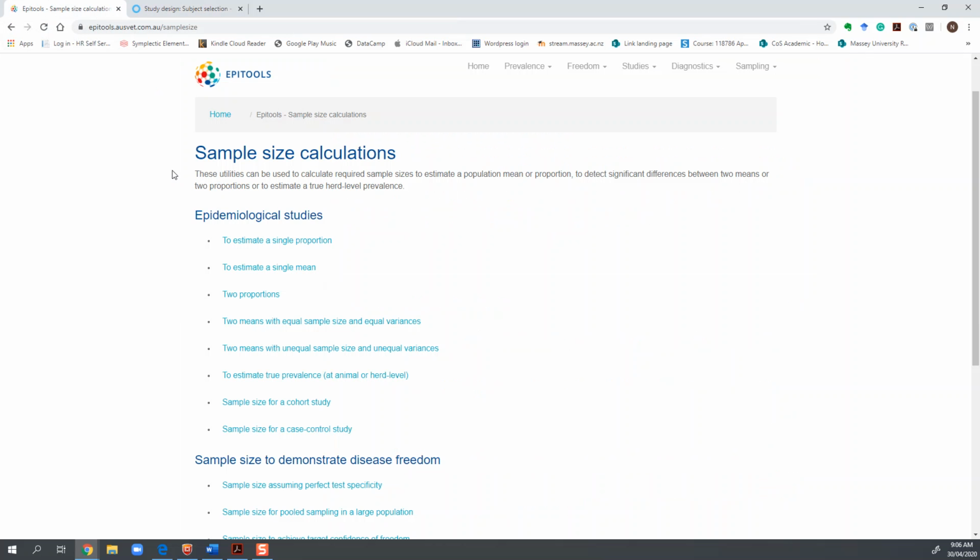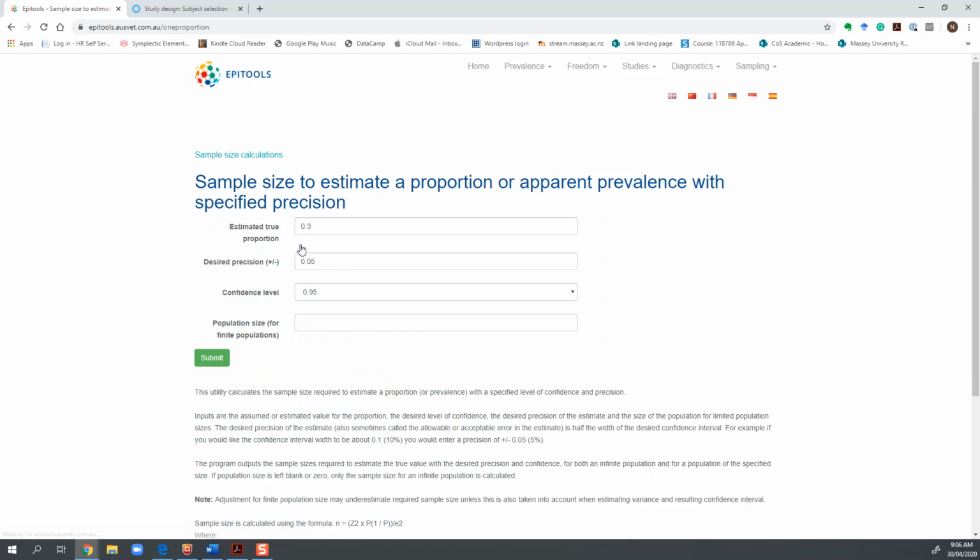Okay, so we go to the AusVet sample size page, and as you've seen in the screenshots previously, there are a lot of different options available to you. You're going to click on the one to estimate a single proportion if that's what you're aiming to do. When you open the page, you will see it asks you to give 4 pieces of information: the estimated true proportion, the desired precision, and